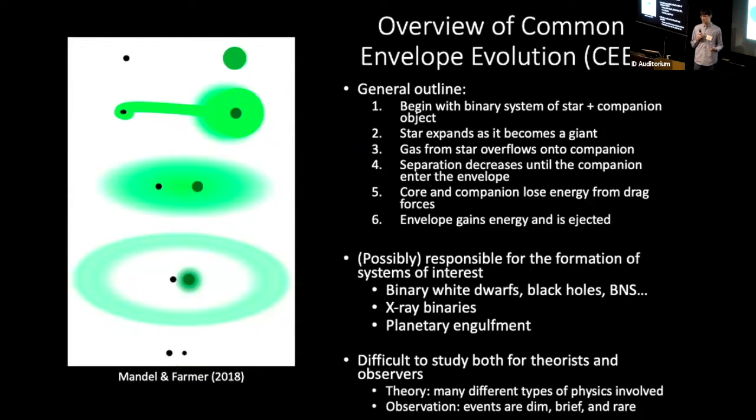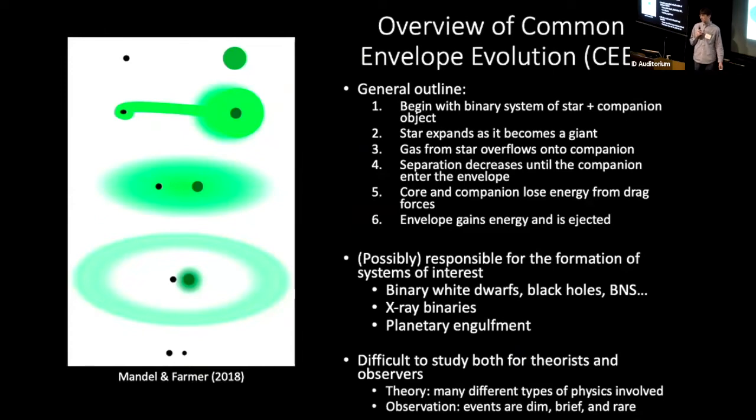And if this mass transfer is unstable, this can pull the companion into the envelope of the primary, and then you have the core of the primary and the companion orbiting each other as a binary inside of this shared envelope of gas. And because of energy transfer from the binary to the gas through drag, the binary tightens and much of the gas is ejected from the system.